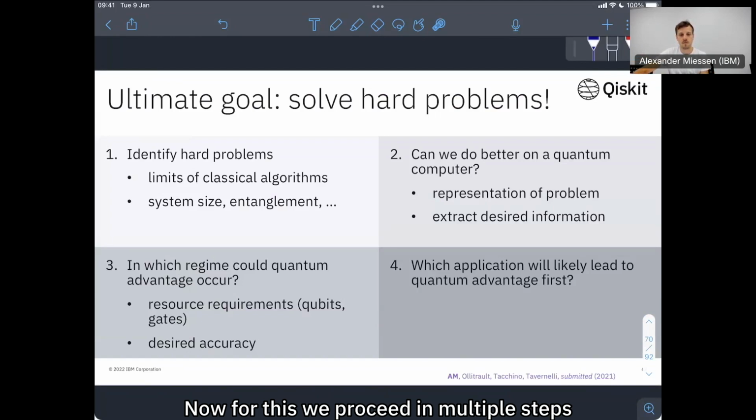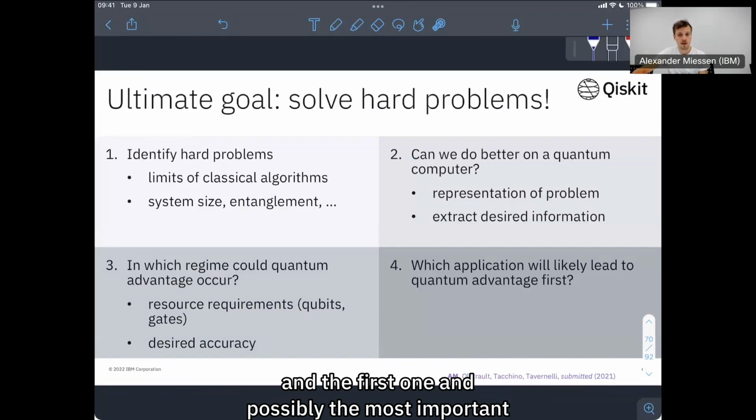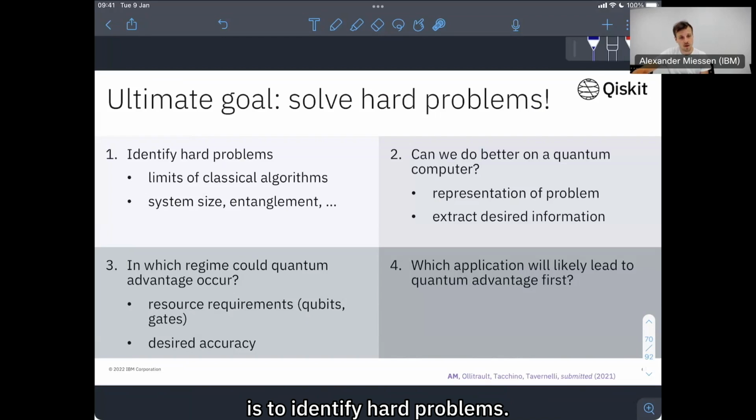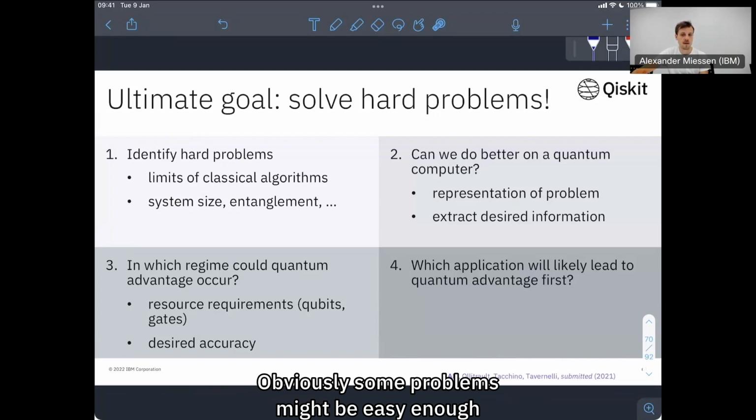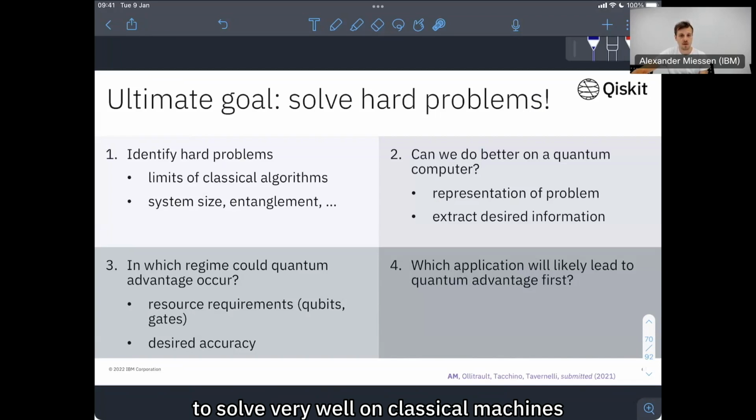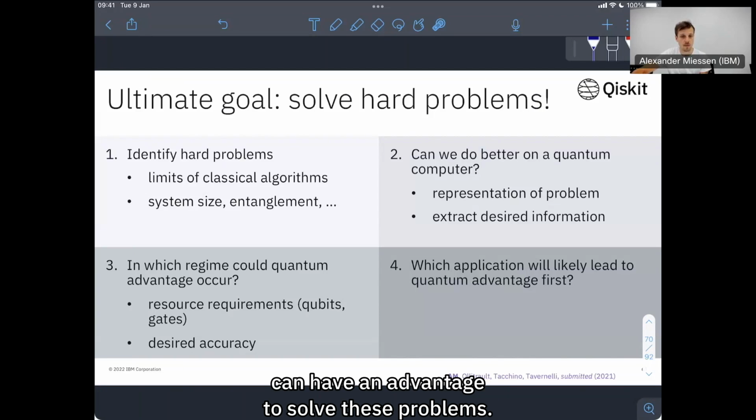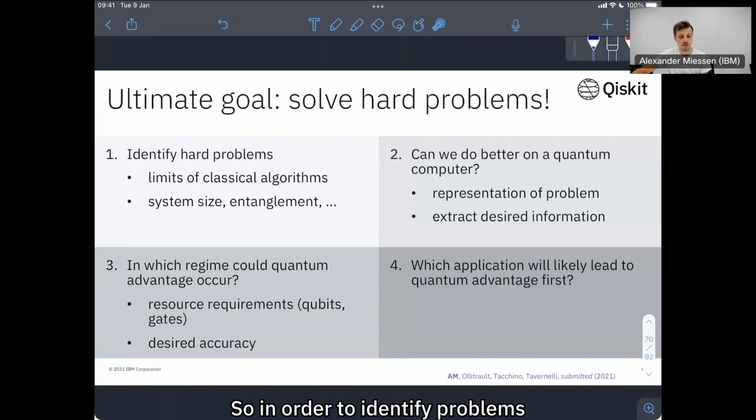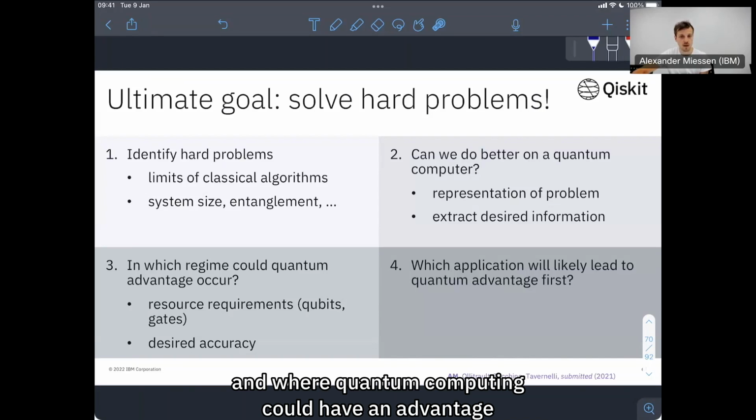Now, for this, we proceed in multiple steps. And the first one, and possibly the most important, is to identify hard problems. What do I mean by this? Obviously, some problems might be easy enough to solve very well on classical machines using classical algorithms. And it is not clear if quantum computing can have an advantage to solve these problems. So in order to identify problems where this is not the case and where quantum computing could have an advantage